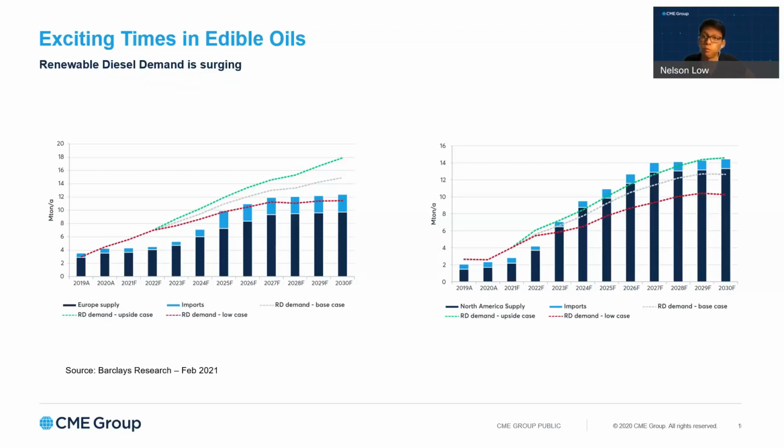And as you can see on the charts, on the left is the European demand. The one on the right is the North American demand. And you can see that demand will continue to grow over the years. And that has been partly a factor that has driven prices to all-time highs this year. Amongst other factors, of course, there are weather factors at play. But this has been a very big driver in the move in prices up this year. Now, where it goes from here, I don't know. But one thing is for sure, it seems that the renewable diesel demand is very strong, and it will continue to grow over the years as both Europe and North America require companies to implement renewable mandates.